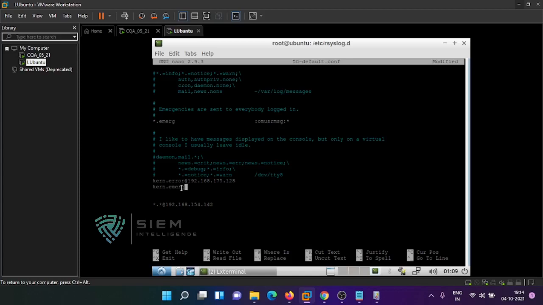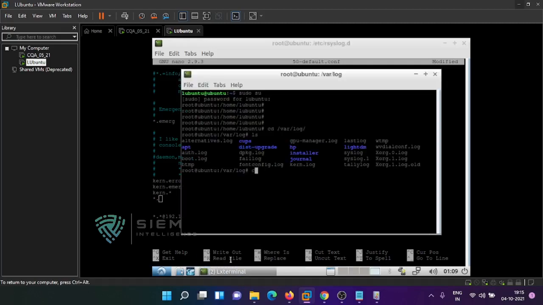Emergency @, you can say kernel.star. Star includes all 5 levels. Like that you can also send *.*. Star dot star includes all the logs, that is mail log, auth log, kernel logs, system logs, all logs. See, whatever we have seen over here. See all other logs: dpkg logs, boot logs, font logs, and any other logs. You can say lastlog, and you can go for any other logs. See GPU manager logs, all the cups printer logs.